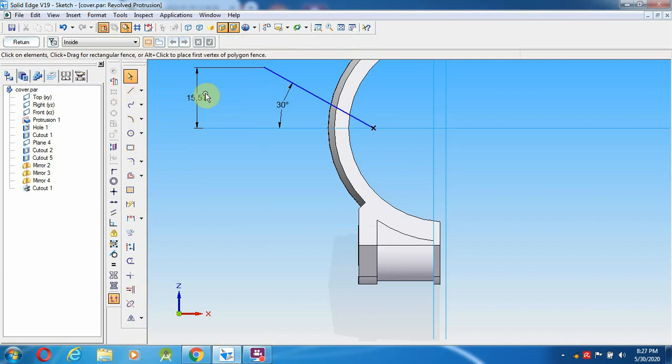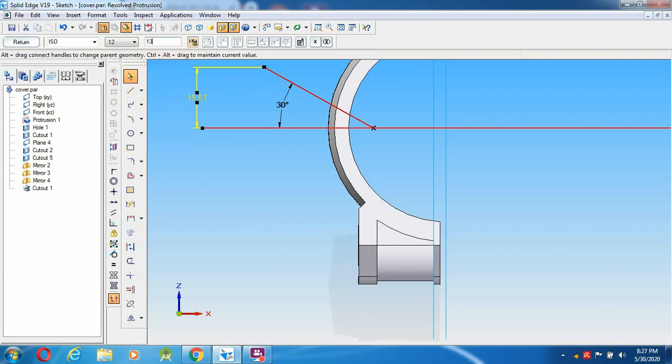So this we have to change into 13.5 mm distance. So now we'll try it.